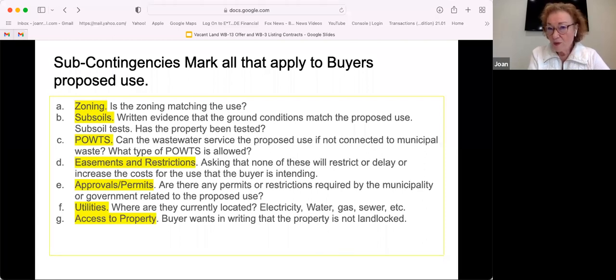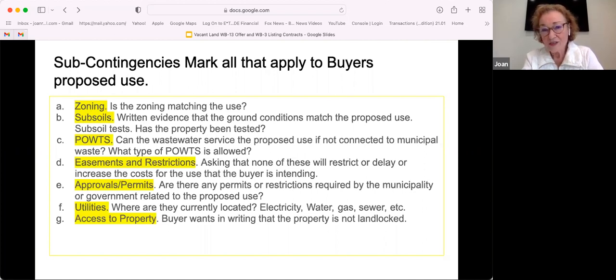And so there are subsoil tests. Now, many times, and always in a subdivision, the sellers have to have subsoil tests available for the buyer. But say you're buying land from a farmer, he hasn't necessarily done subsoil tests, but you are going to make that a contingency in your offer that the buyer or seller does provide subsoil tests to show that the soils are, and I'll get into a little bit more, what are the things that you don't want to buy